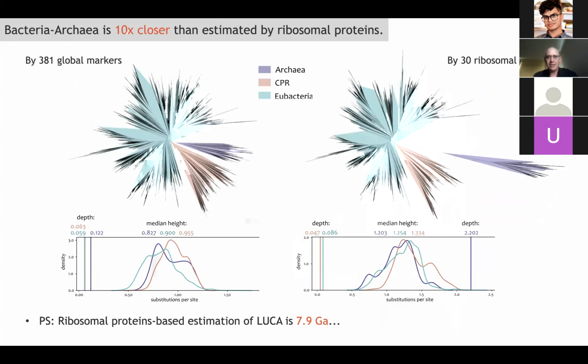One thing that was interesting about this is that we really redefined how the tree of life looks. We are looking at these global markers. What we saw is that the archaea, the eubacteria, and the so-called CPR, the candidate phylum radiation, have about equal taxonomic status. Whereas if you just look at the ribosome, either the RNA or the proteins associated with it, that's where you see the archaea separating from the CPR and the bacteria in a different way.